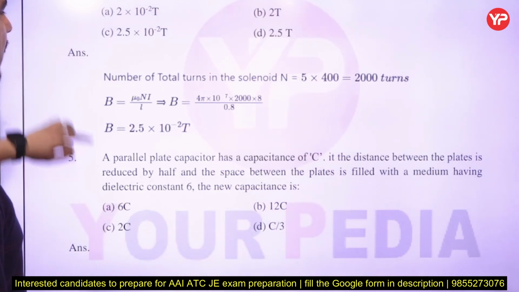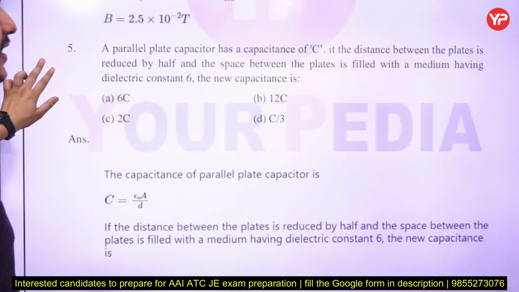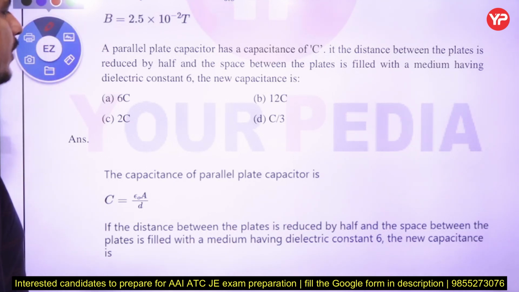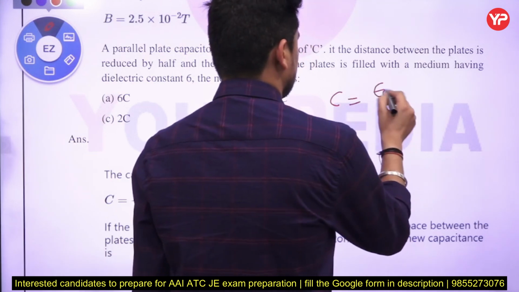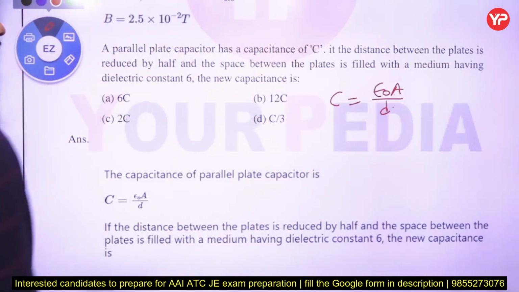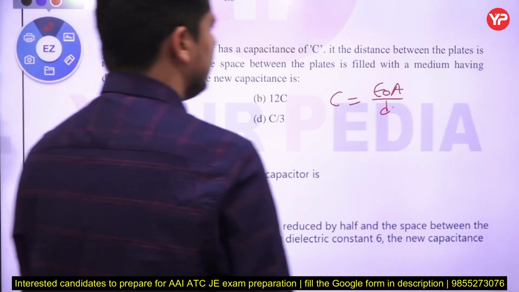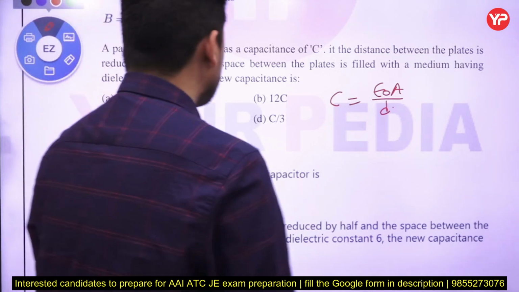A parallel plate capacitor has a capacitance of C. If the distance between the plates is reduced by half, right? So the capacitance of a parallel plate capacitor is epsilon naught A upon D. That is the parallel plate capacitance, right? Whenever you reduce the separation by half and the space between the plates is filled with a medium having dielectric constant 6, the new capacitance will be